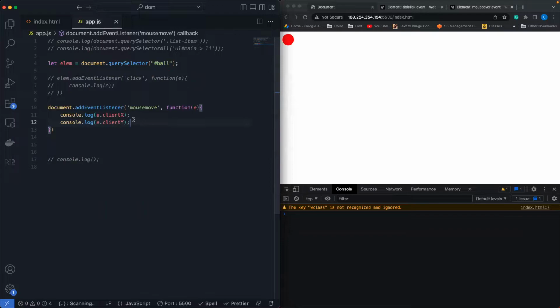And if I say elm.style.top is equal to e.clientX and elm.style.left is e.clientY, that is capital Y. If I save it,